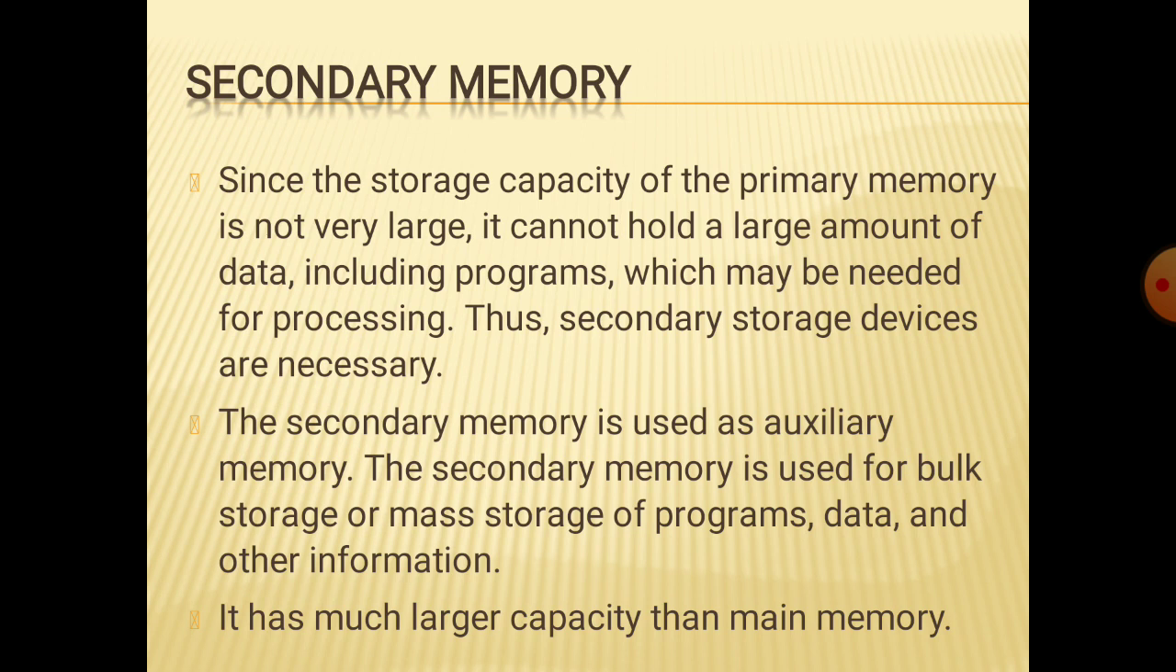Primary memory is mainly concentrated to increase the accessing speed, or the processing speed, of your computer. How much is necessary? Based on that, we use that RAM capacity. And for the storage of contents like data, programs and other contents, we use the secondary memory. Right? So the first point says that since the storage capacity of your primary memory is not large, it cannot